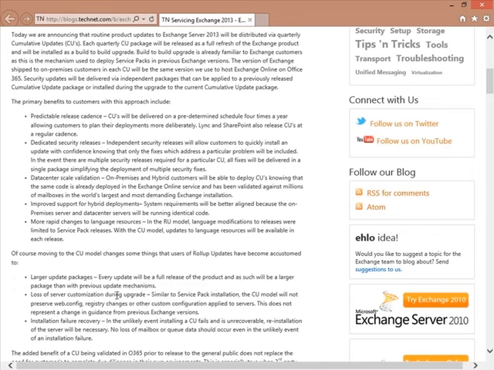Loss of server customization during upgrade. Similar to Service Pack installation, the CU model will not preserve web.config, registry changes, or other custom configurations applied to servers. So that's not a change in guidance from previous Exchange versions. And installation failure recovery. So in the event the CU fails and is unrecoverable, reinstallation of the server will be